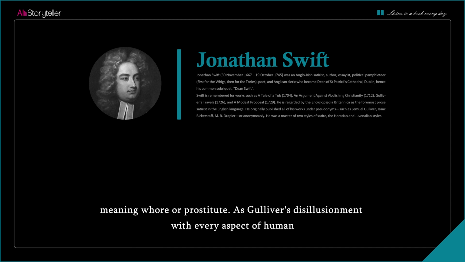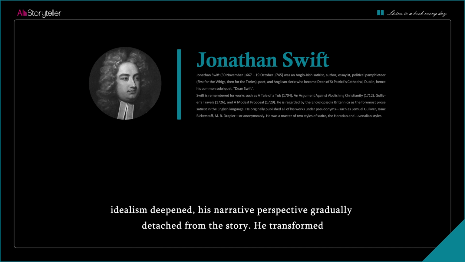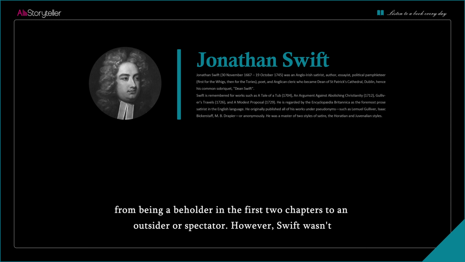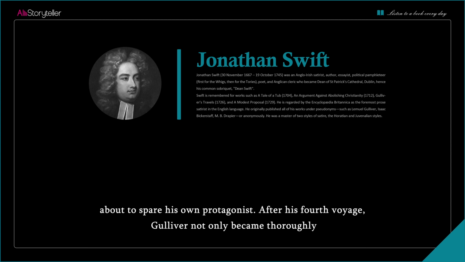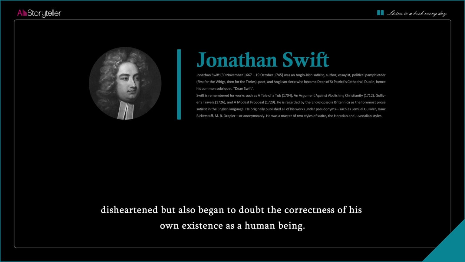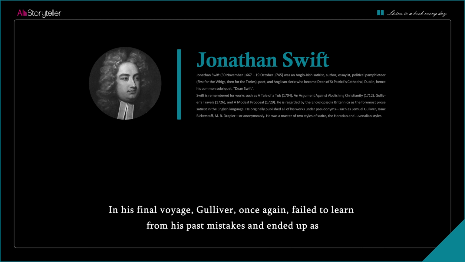As Gulliver's disillusionment with every aspect of human idealism deepened, his narrative perspective gradually detached from the story. He transformed from being a beholder in the first 2 chapters to an outsider or spectator. However, Swift wasn't about to spare his own protagonist. After his 4th voyage, Gulliver not only became thoroughly disheartened but also began to doubt the correctness of his own existence as a human being. In his final voyage, Gulliver, once again, failed to learn from his past mistakes and ended up as the ship's